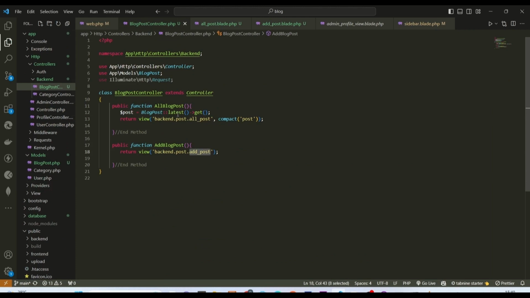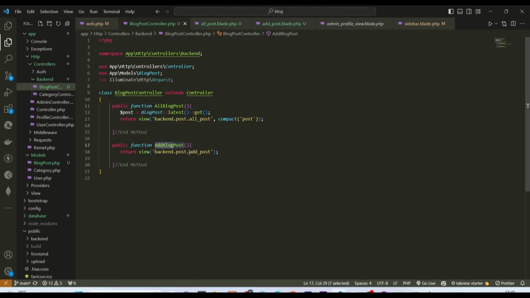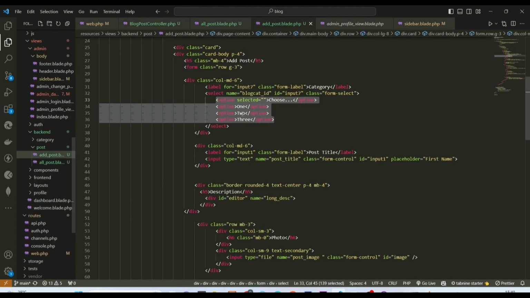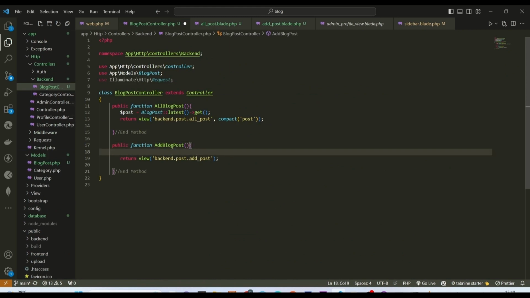blog post controller. Inside our blog post controller, inside this add post method, that is inside this add post file, we want to get all the list of our category. So I hope you understand that. So to get the list of our category, we'll get it using this variable